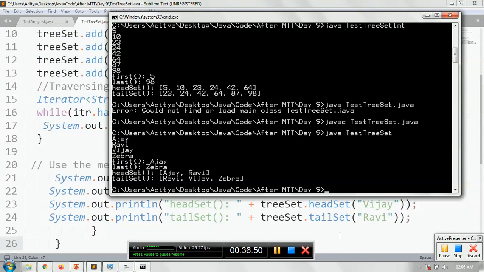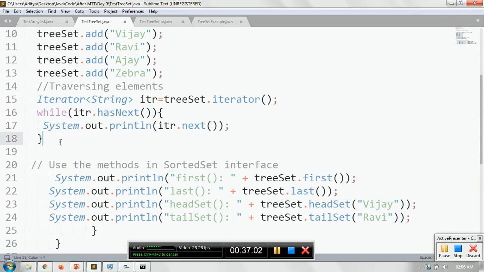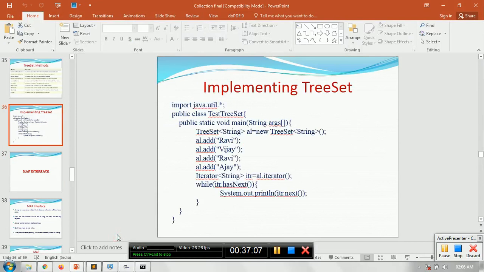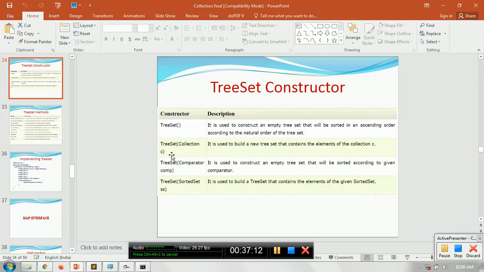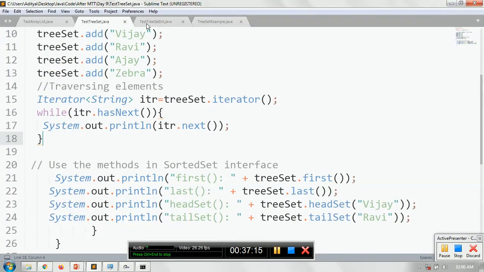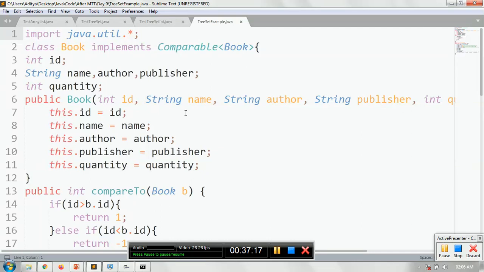Where the TreeSet includes the object that you have passed as a parameter. So this is the example of the TreeSet. Now, whatever we are talking about, you can see here, we are seeing a constructor that takes a comparator. We will see an example for this also. We will see an example of the comparable here, and then at the last we will see how we can order the collection with the help of comparable and comparator. We will see that in the last part.